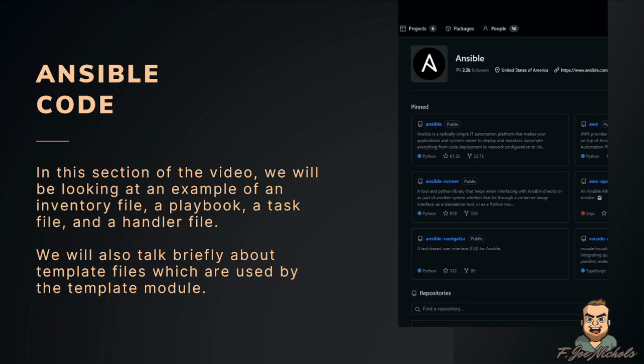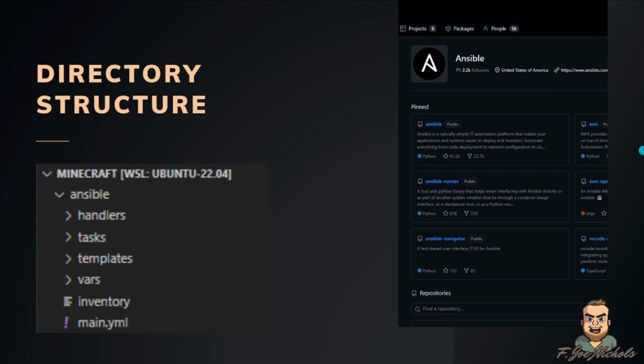In this section of the video, we will be looking at an example of an inventory file, a playbook, a task file, and a handler file. I like to structure my Ansible directories with handlers, tasks, templates, and vars, all inside of their own directories, an inventory and main.yaml file